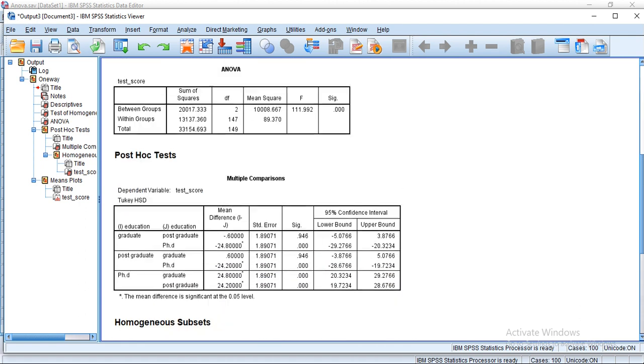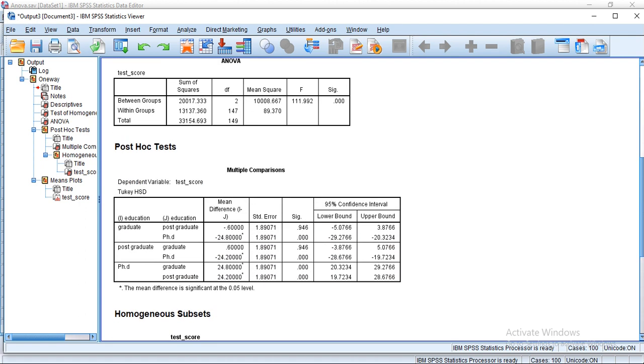Now we'll go for the post hoc test. Post hoc test will give you the detailed analysis of these groups. We can see here we are comparing mean marks of graduate students with the postgraduate and PhD students. Here you can see comparison of graduate and postgraduate.